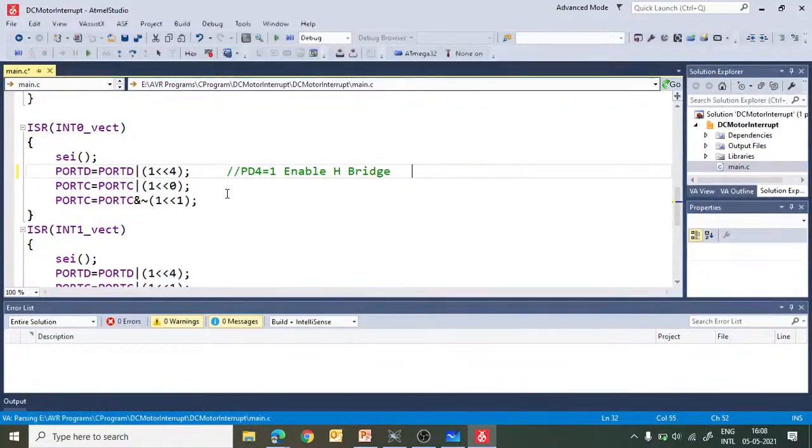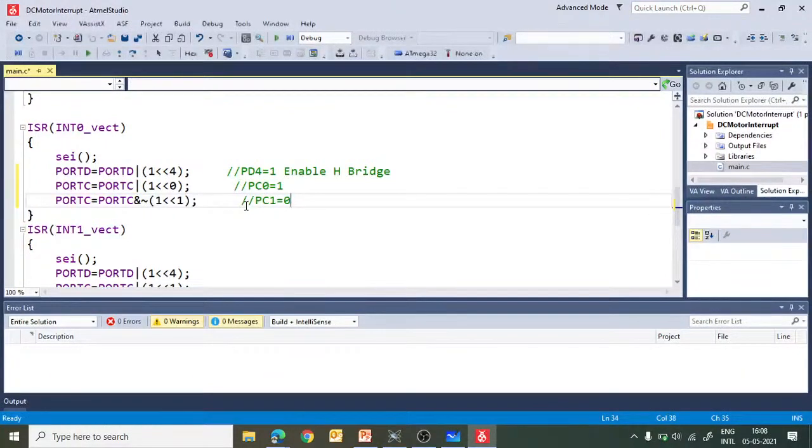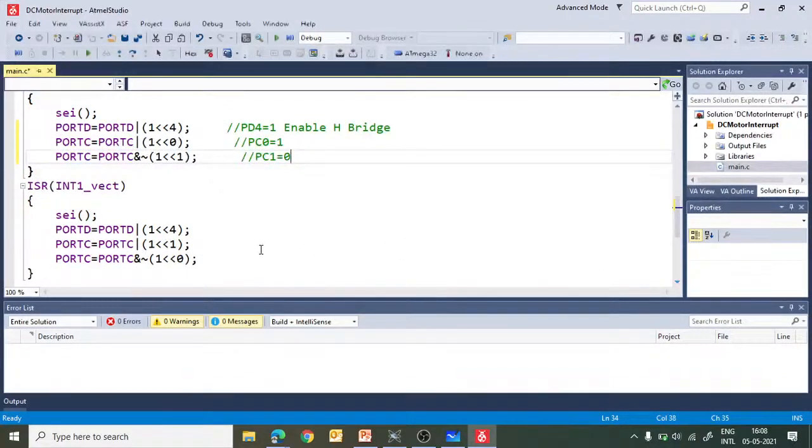By this instruction we say that PC0 is equal to 1, and by this instruction we say that PC1 is equal to 0. So the motor will rotate in a clockwise direction. And whenever interrupt 1 occurs, again we would like to enable the motor because we want to rotate the motor.